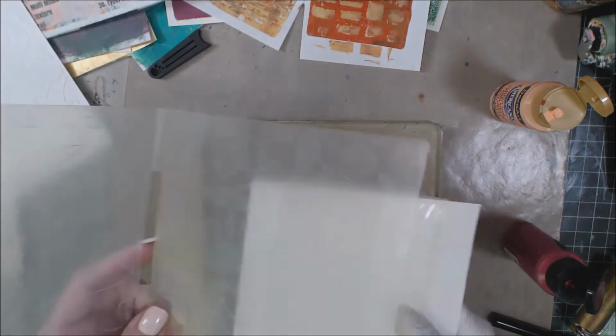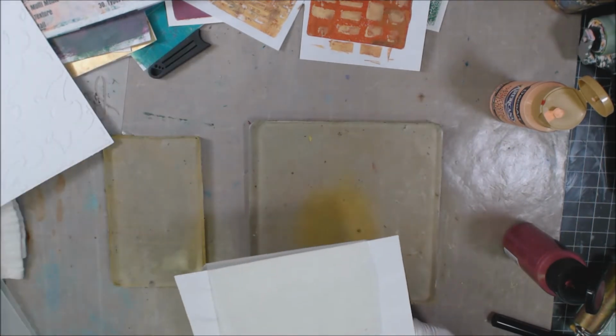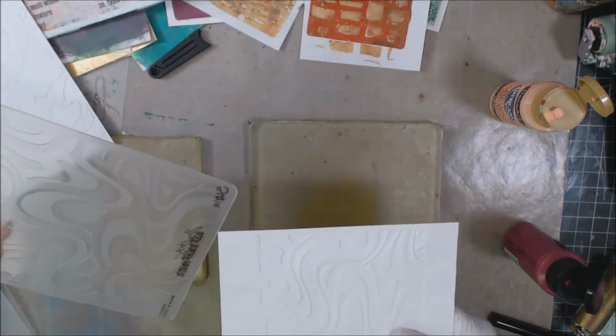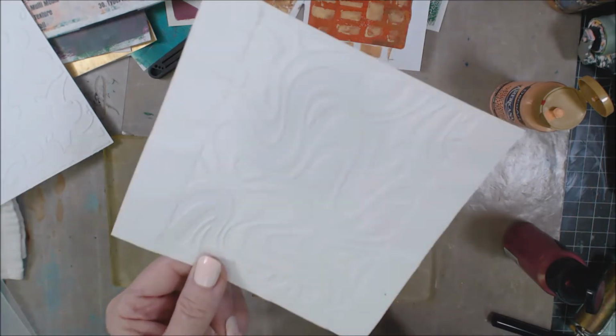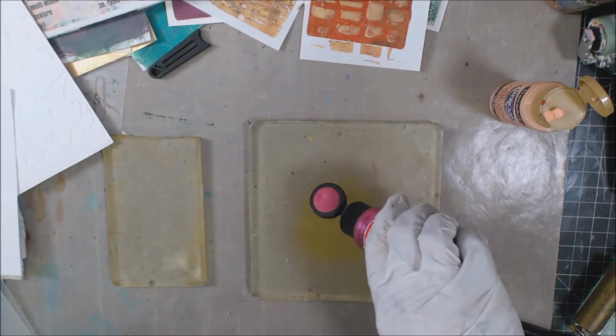And I can also use the embossing folder, so it depends on what you want to do. I think I'm going to use the papers that I've done here, just because I've got choices by having done this, and I've created a texture plate now, running that through there. So I'm going to put some of this